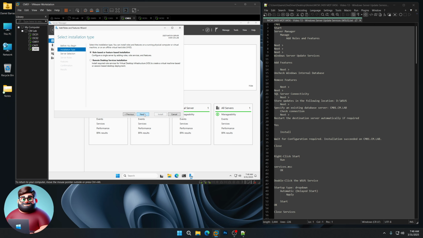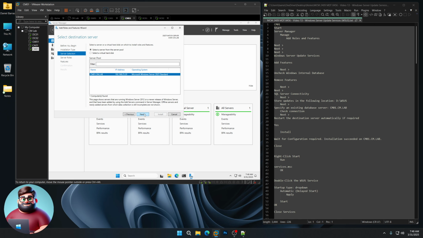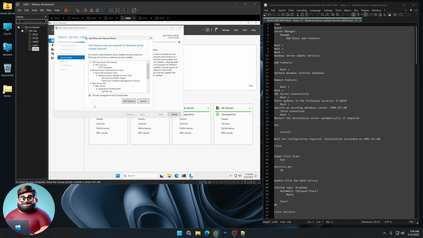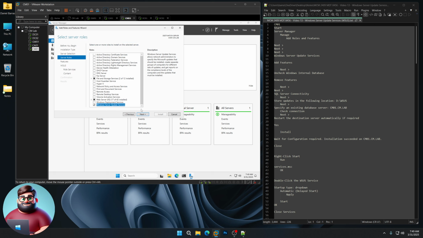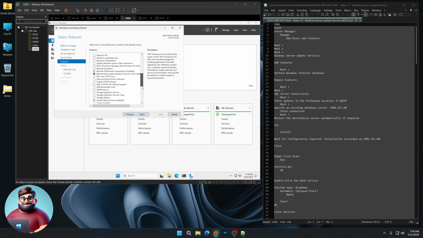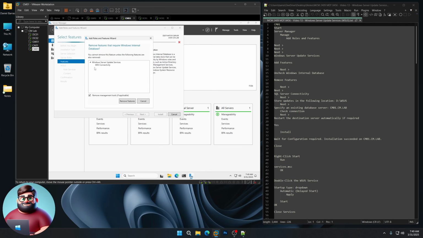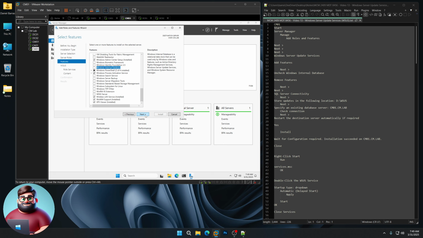Next, Role-Based or Feature-Based Installation. Next, we're going to go down here to Windows Server Update Services. We'll click Add Features. Next, we're going to uncheck the Windows Internal Database, or WID, because we're using SQL Server. Windows Internal Database, remove features. Next,